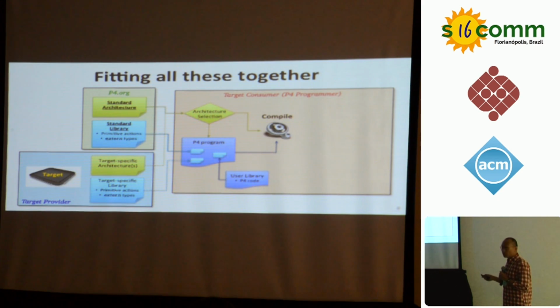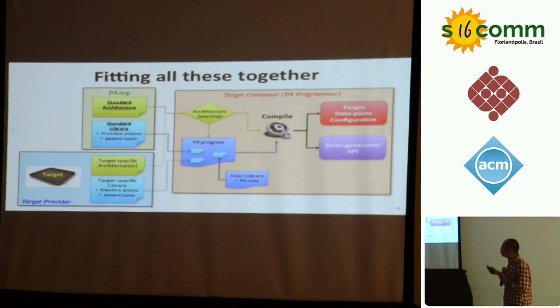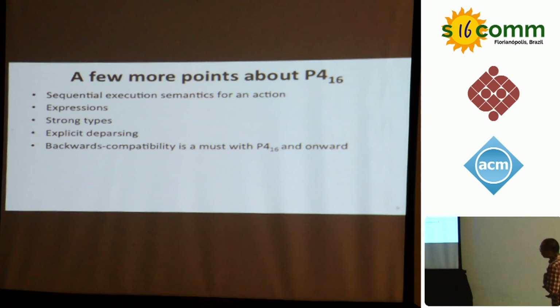and then compile this along with the architecture and the P4 program, and the compiler will generate two outputs. The first one obviously is the target data plane configuration. If you have a programmable networking ASIC, it will be the configuration or the values of millions or tens of millions of registers. If it's an FPGA, it's a different output. And then it also auto-generates the API, as I said, because if you have your own new tables, you need your own new access functions to be able to add, delete, or modify the entries in the tables. Right? So that's the development model.